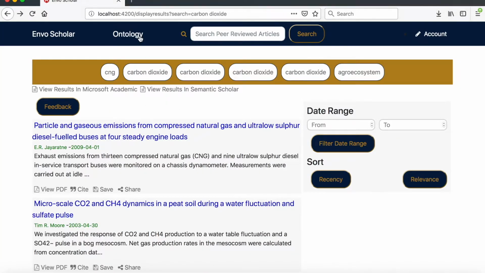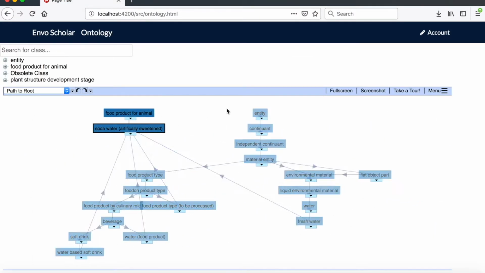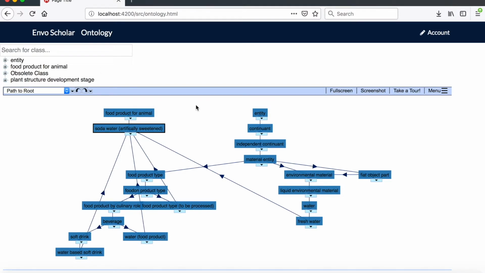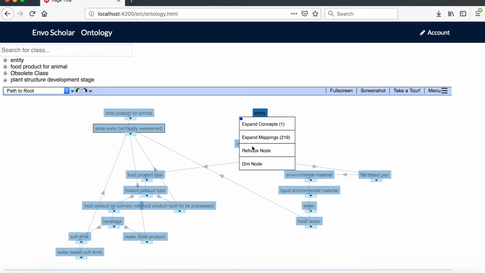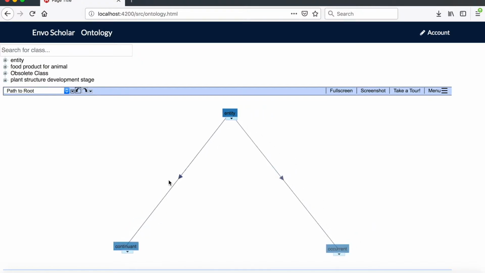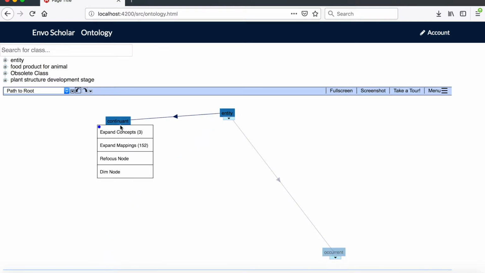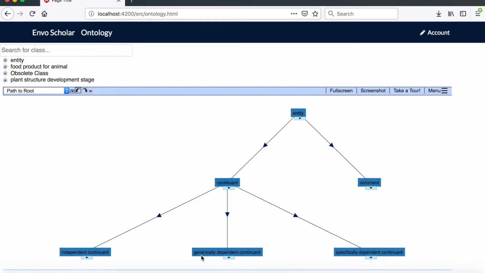And now we can go ahead and click on ontology. And now in the ontology page, we got these two widgets from the NCBO website that has the NVOS Scholar ontology. The best way to use this tree is to first focus on the node and then click on expand concepts. What you want to do is bring them up, because if it's down here and you hit on the little arrow key, you see how it cuts off everything at the bottom. So you want to bring it up first, then you can expand the concepts. Every time you want to expand the concept, go ahead and bring it up so you can see all the other